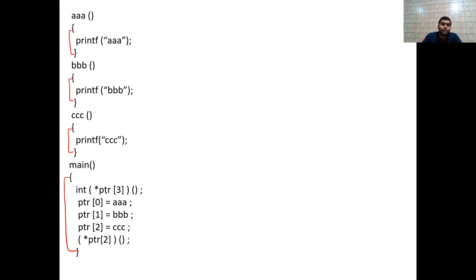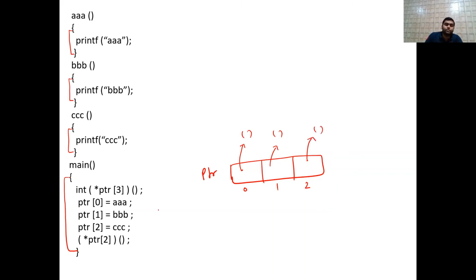Here star PTR of 3 means PTR is an array of 3 elements which will point to 3 functions. Each element will point to a function. So this is the impact of this line.